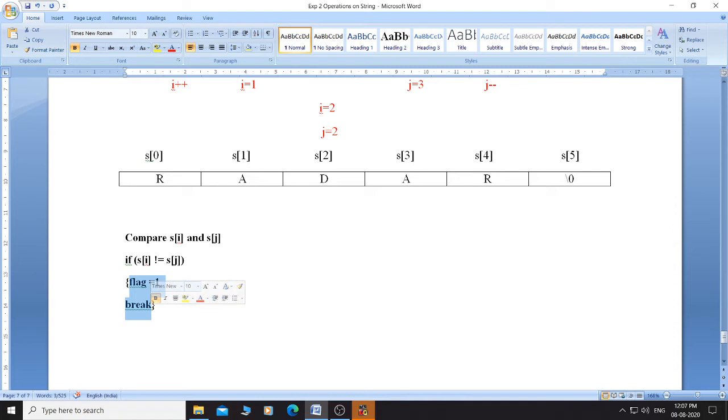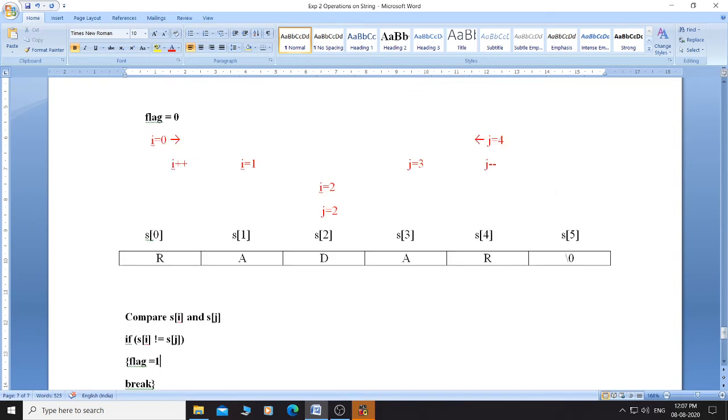Because the condition is s of i not equal to s of j. If they are not equal, then only we execute this part. If they are equal, means if they are the same, then don't execute this part. So what will happen in this example? First character is R, last character is also R. They are the same, so no change. Go for the next character. So now i plus plus and j minus minus.